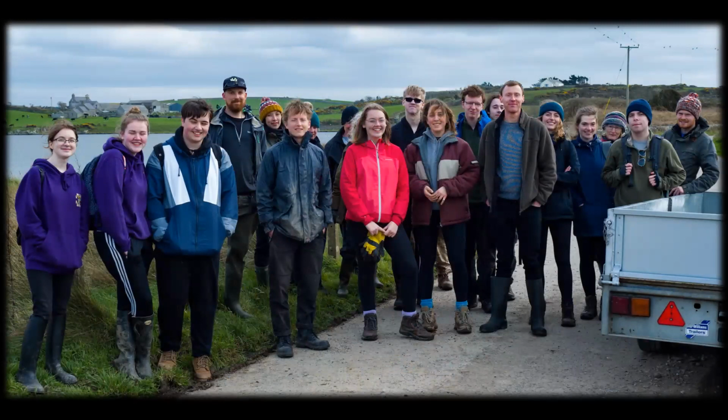Fantastic young people who come out and volunteer with us. This is the Bangor University Conservation Society, who came out and did a brilliant day with us. And if people are interested in volunteering, I will make a plug for it here and now. You will be very, very warmly welcomed by the Wildlife Trust. We are always looking to get people coming out, both to do this kind of practical work, but also wardening,